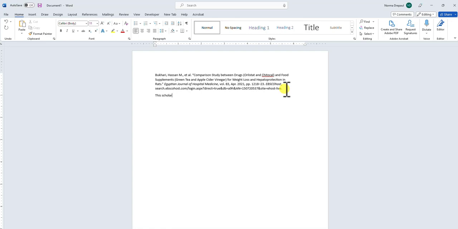So I have my citation for this, and while it is still fresh in my mind, I can say, this scholarly article compares different drugs with green tea and apple cider vinegar for weight loss. They said,